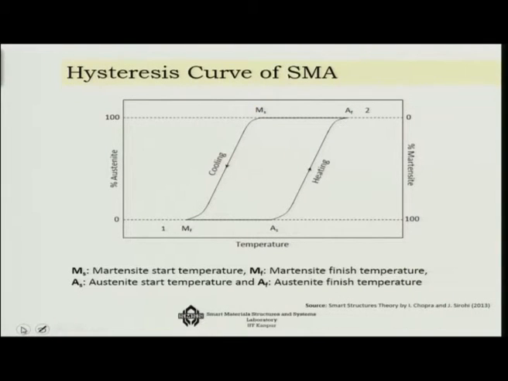And what about if I only change the temperature? So, if I take an SMA wire and if I only change the temperature, let us say, what will I see? If there is a way I can continuously monitor what is happening to the internal material structure, I would see that initially, till about, for example, the austenite start point, so I have to go up to this point, I would see that the material is at martensite